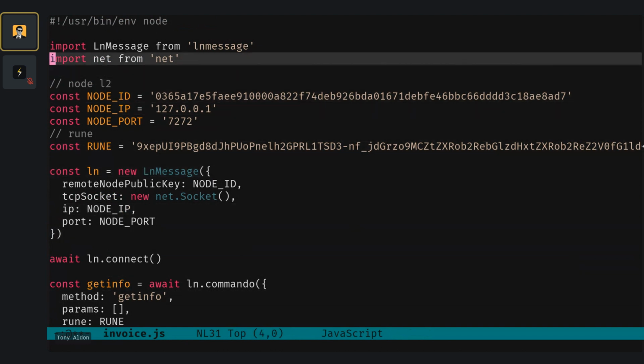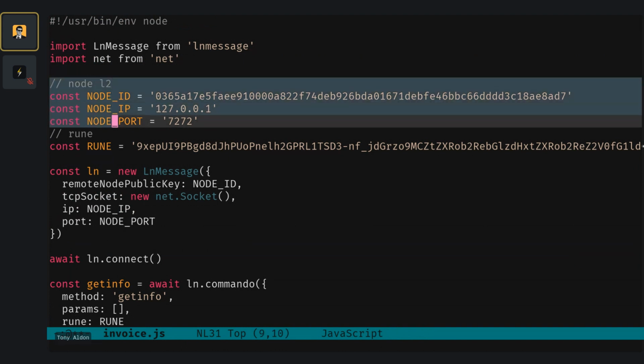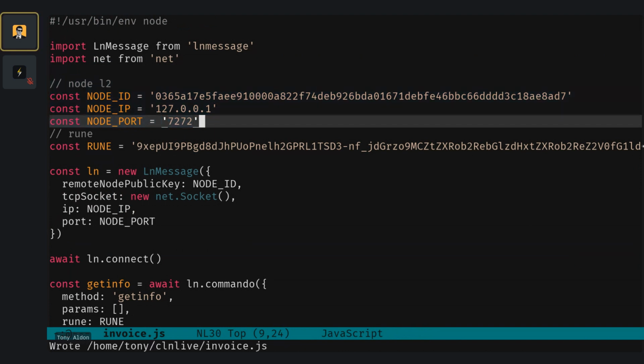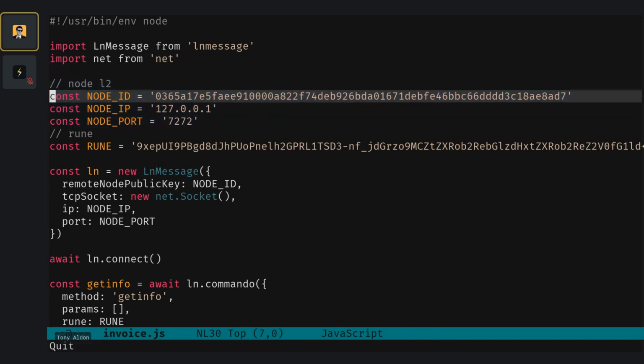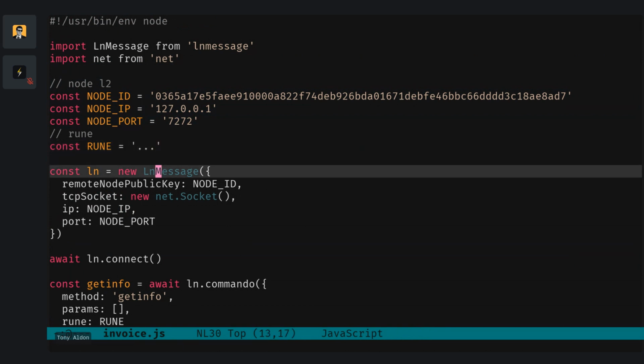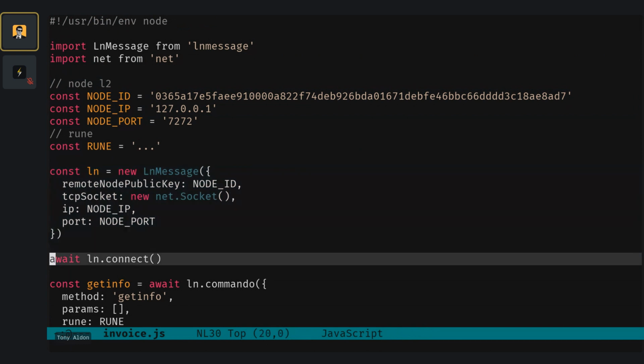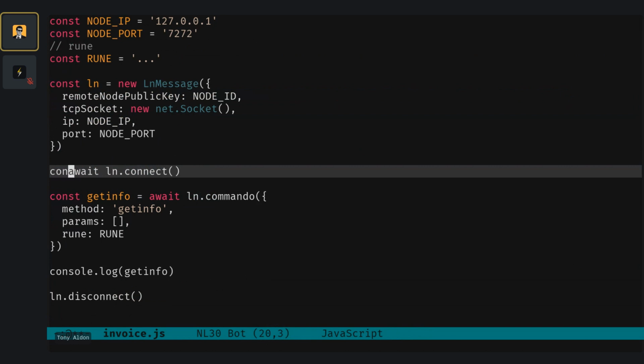So node L2, I've just copied exactly what we have from the getinfo.js that we did before. So okay, we have that information that has changed. The rune, we are going to change it. We still do the ln. Now, let's say we want to be a little bit more, not professional, but we can add something like